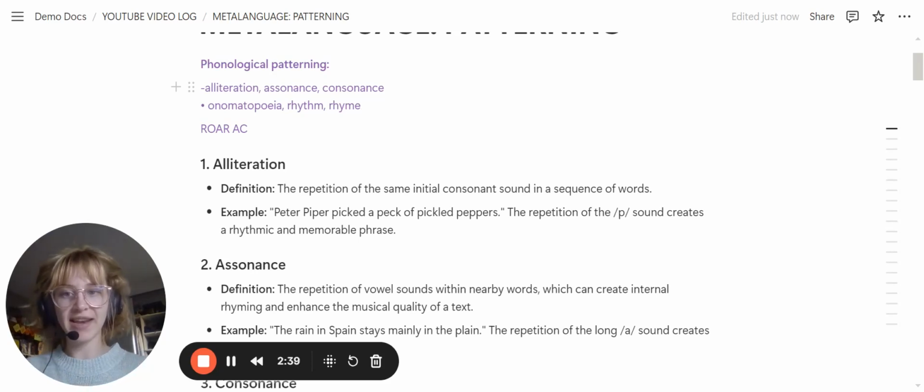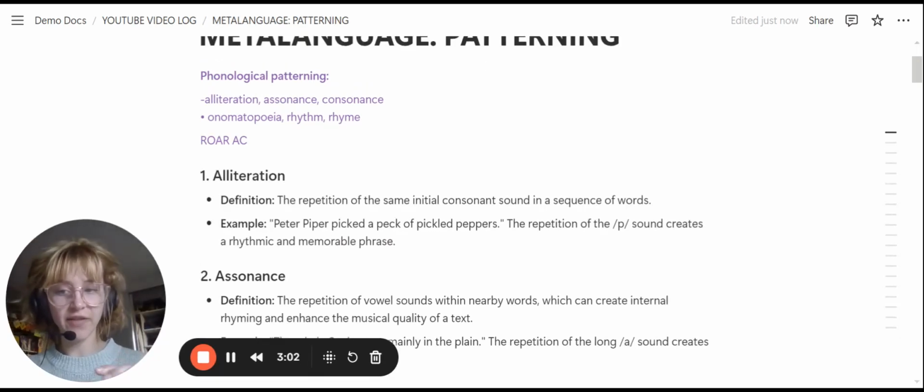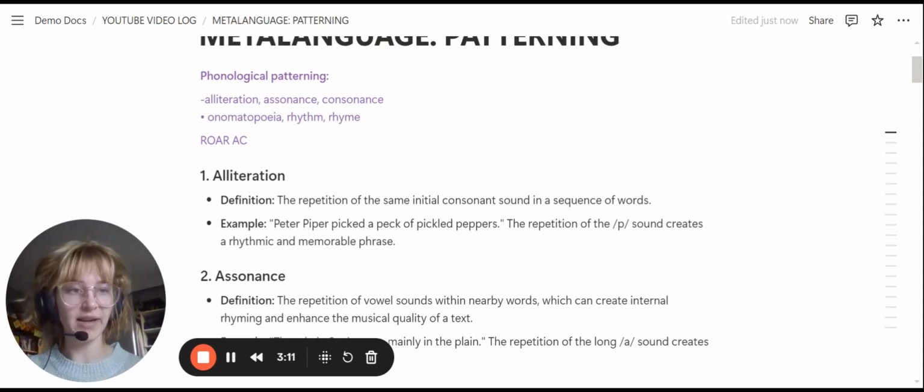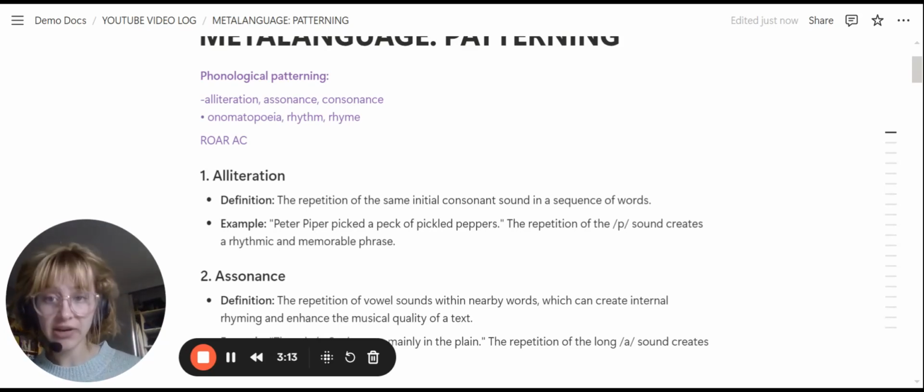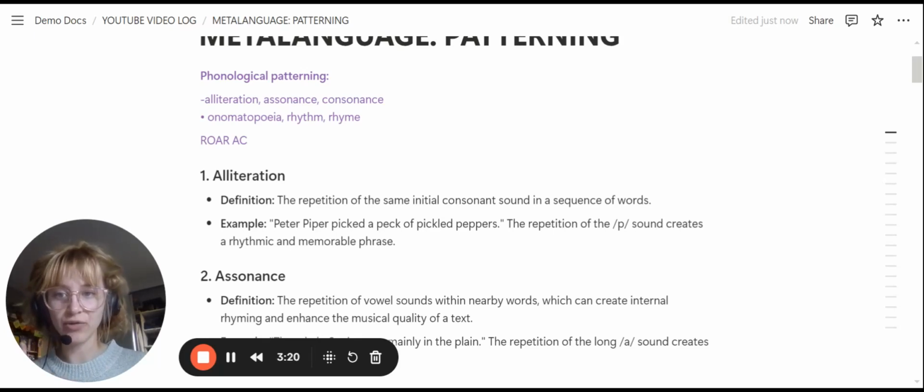So phonological patterning is, I think, best thought of by remembering what phonology itself is, the actual system. Phonology is patterns in speech sounds. And we have 6 phonological patterning processes that we need to know, and they are alliteration, assonance, consonance, onomatopoeia, rhythm, and rhyme. When I was in year 12, I made this little acronym, or initialism,